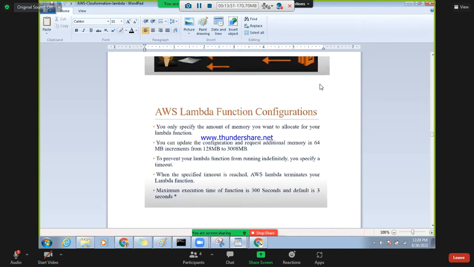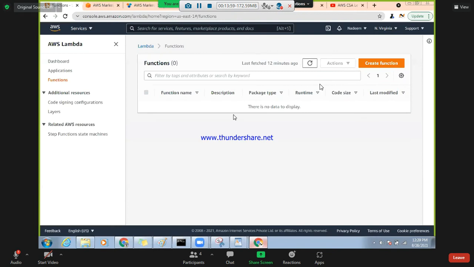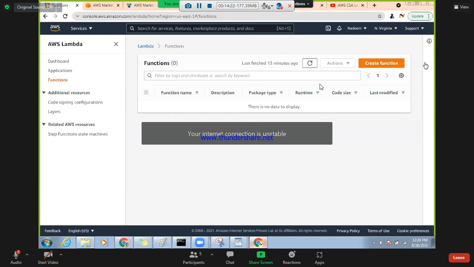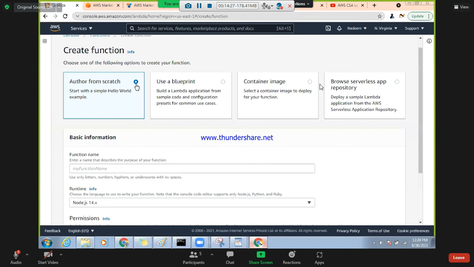So now we want to configure, we want to have a look here. Okay, now if you look here in Lambda, right now you don't see any functions. Here we have a dashboard, applications, then code signing, configuration, layers, and some additional resources. So, functions. I need to create a function first. If I go here, in the function they are asking to author from scratch. So start with a simple hello world. Let's see what they are saying, either